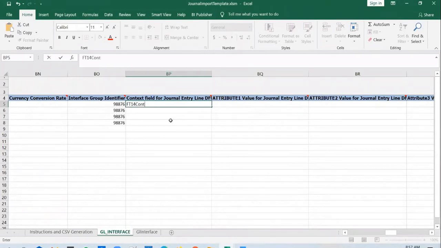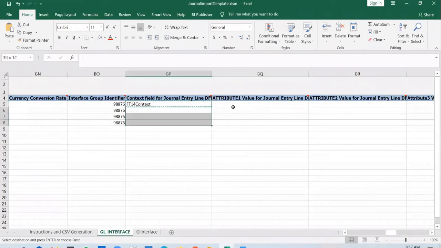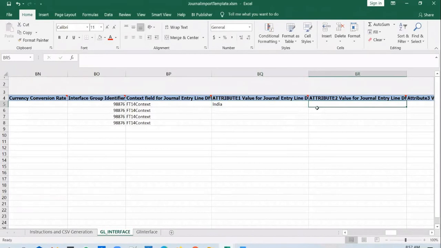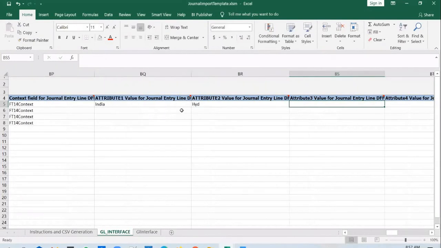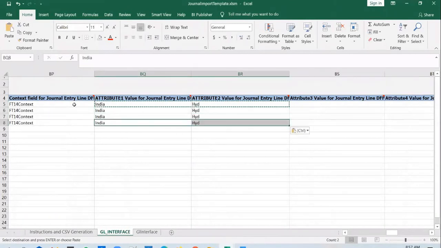Say you create an FT14 context in there, similar to how we created context on the job DFF. You will pass in that context as a value here. And say, for example, you enable two segments on the journal DFF, country and city. Then you will pass in those values here, similar to how we have done it in the job DFF.